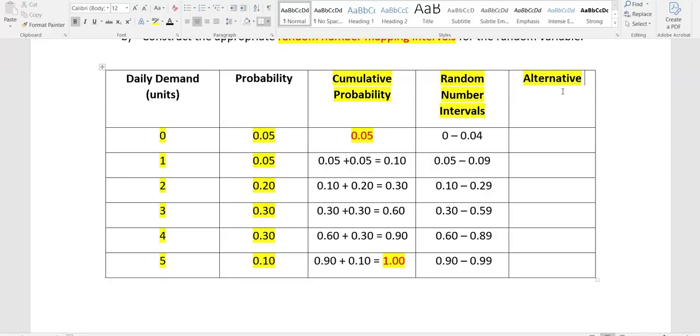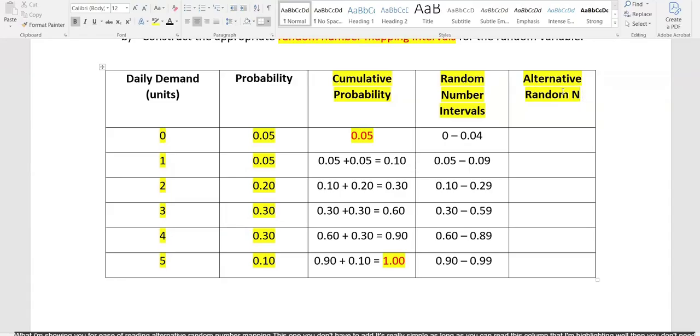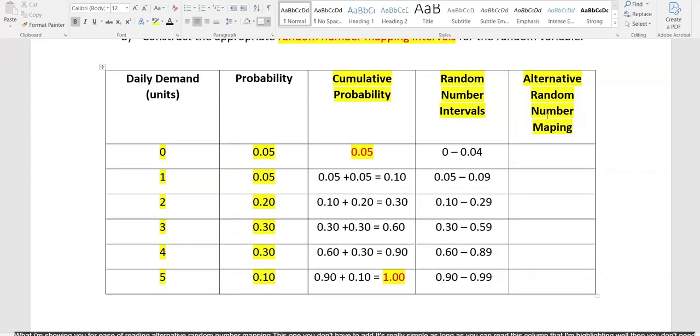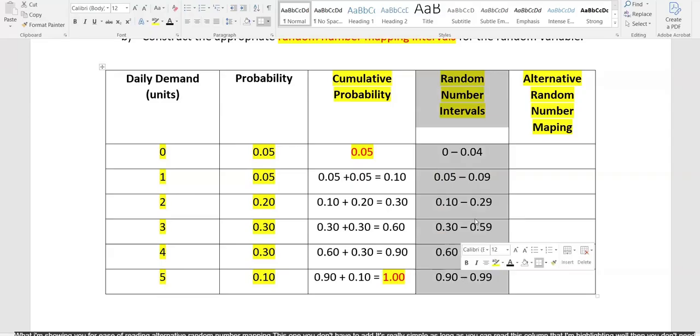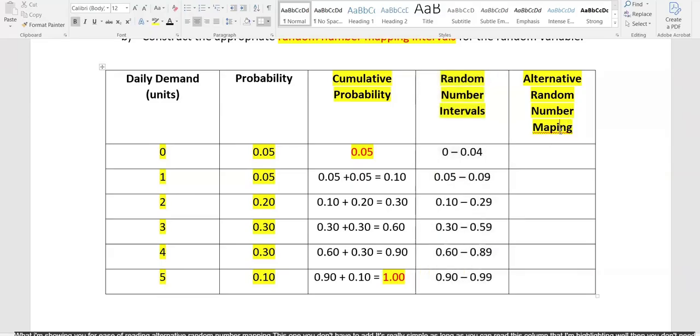All right. The alternative random number mapping column is where I'm going to go now. You don't have to do this third column. It's not necessary, but I'm showing you for ease of reading. It's really simple. As long as you can read this column that I'm highlighting well, then you don't need this last one. I label it alternative random number mapping, which is just to convert these numbers to whole numbers,